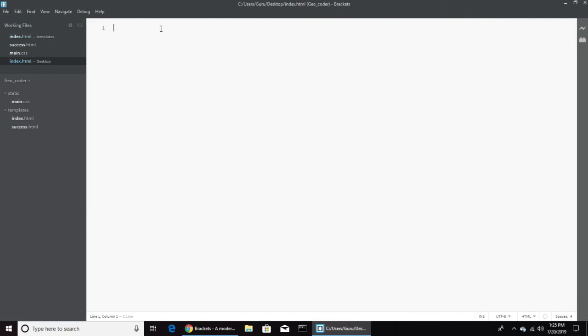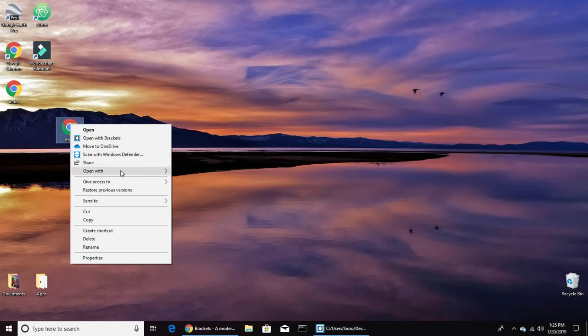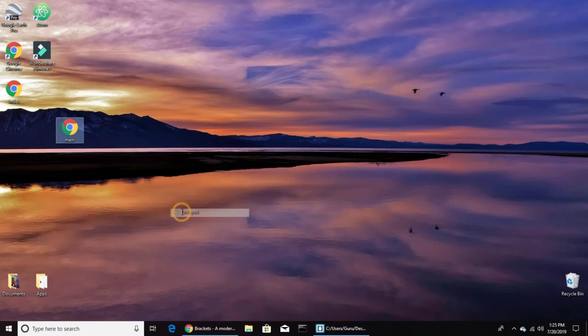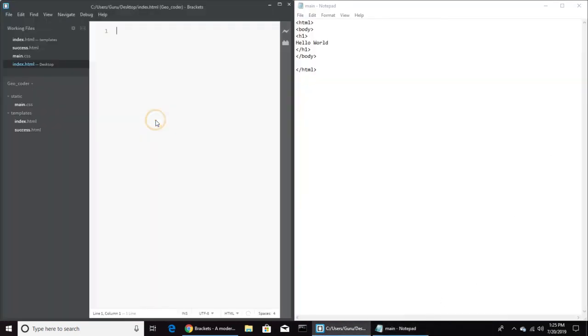Now you could see that if I type in any code, I first saved this in Notepad, and you could see that Notepad is behaving like this. Now I will try to write the same code in Brackets, and you could see that right away it shows us the best options for what we are typing in.